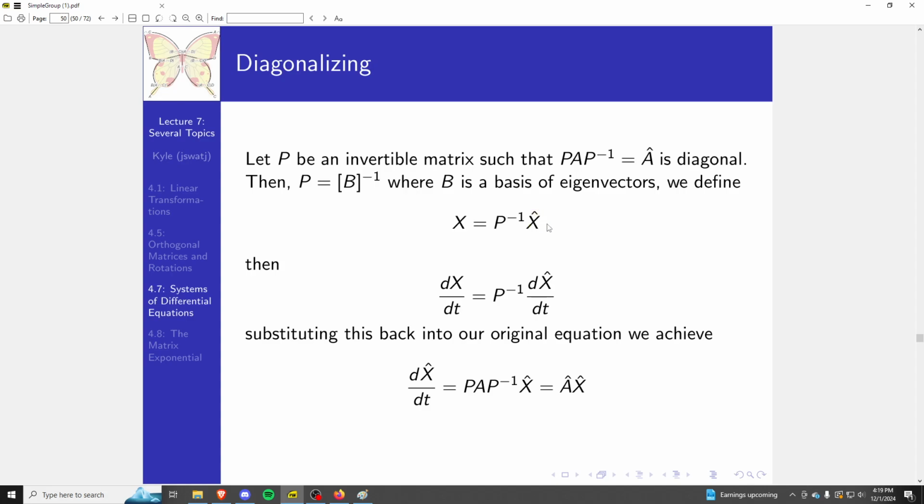And we don't know what X hat is yet. We have no idea of what that is, but we know that the solution can be broken up into P inverse times whatever this X hat is. And so taking the derivative of both sides, we find that this is the case. This is just a regular derivative, and we can plug this back in to our original equation to see that